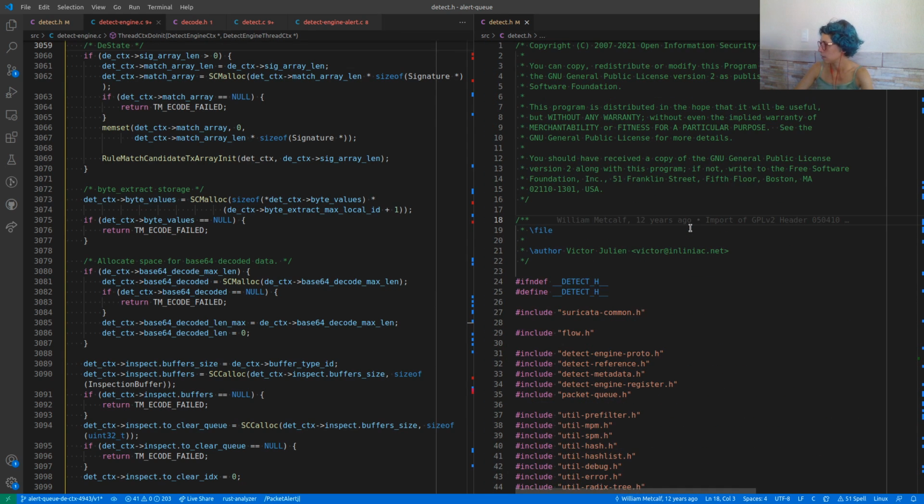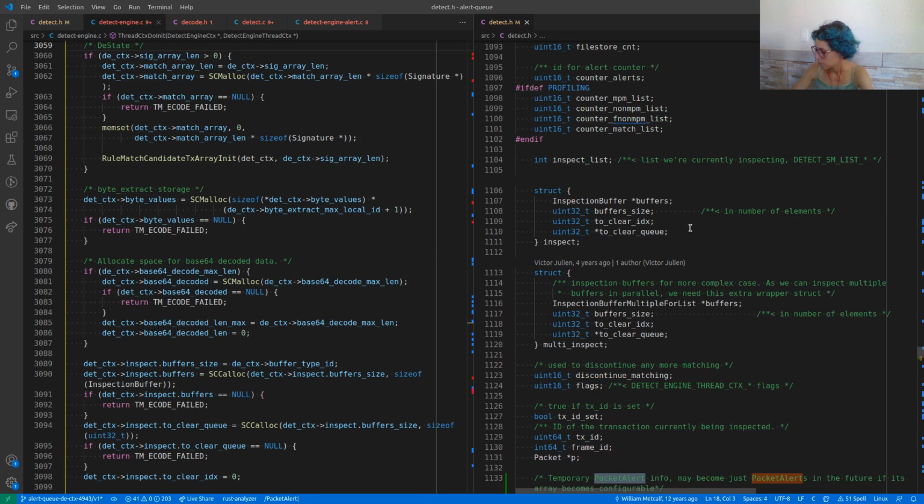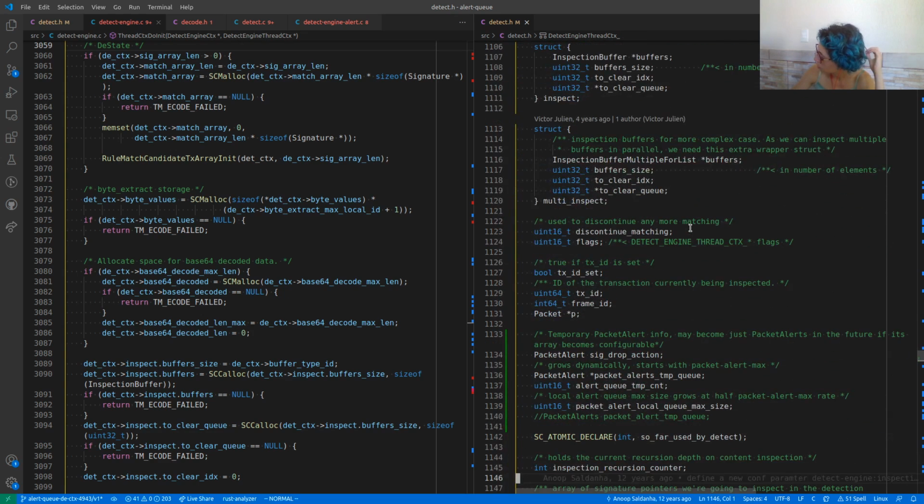Yeah, this is where we want, this is the new things we have. And I want to respect this order when initializing things.